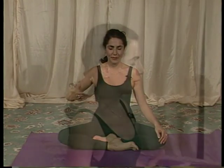So closing the eyes. As you inhale, the breath comes up the back of the spine. So just imagine the flow of that breath coming up to the crown of the head. And on the exhale, sliding down the face, down the throat, through the heart, the solar plexus, the navel, and the perineum. Inhaling, coming back up the spine. And exhaling down. So just follow that breath for a moment or two,